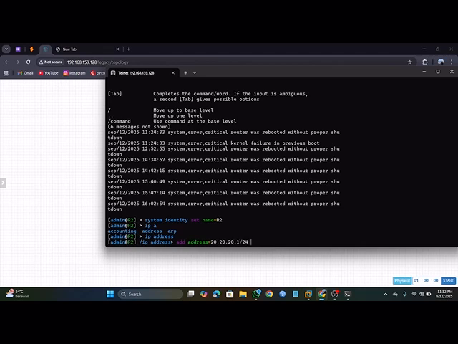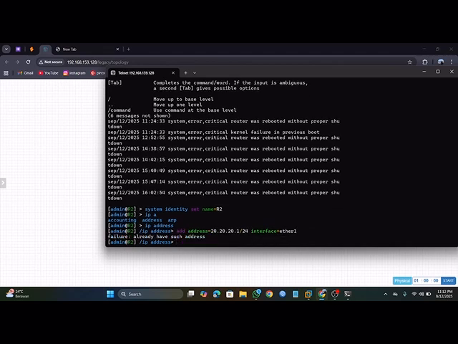And type interface and other one, and then press enter.